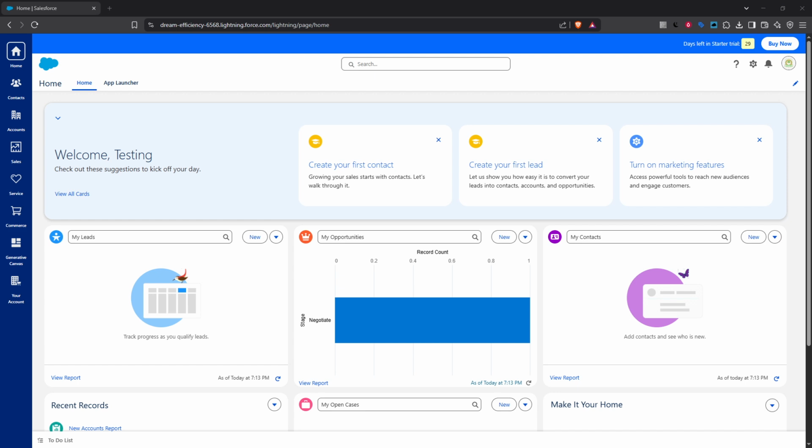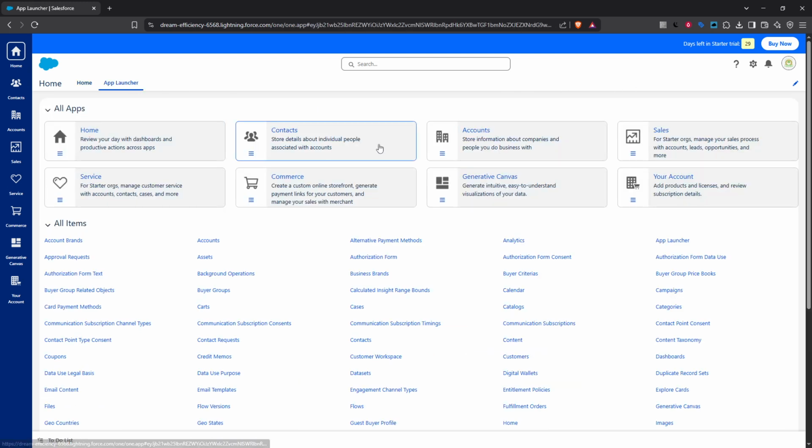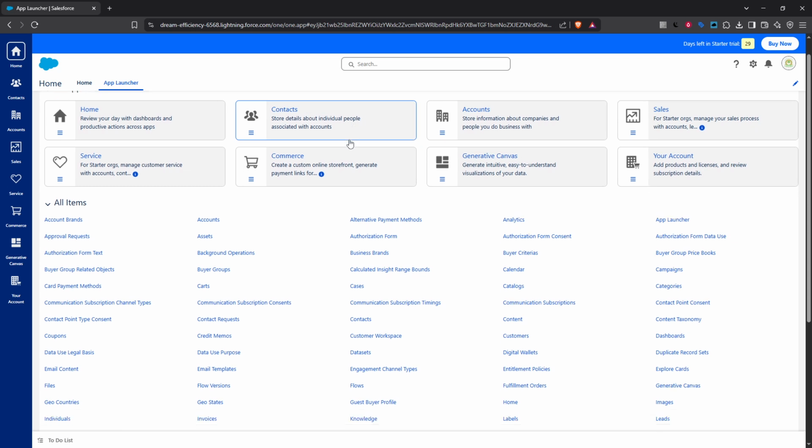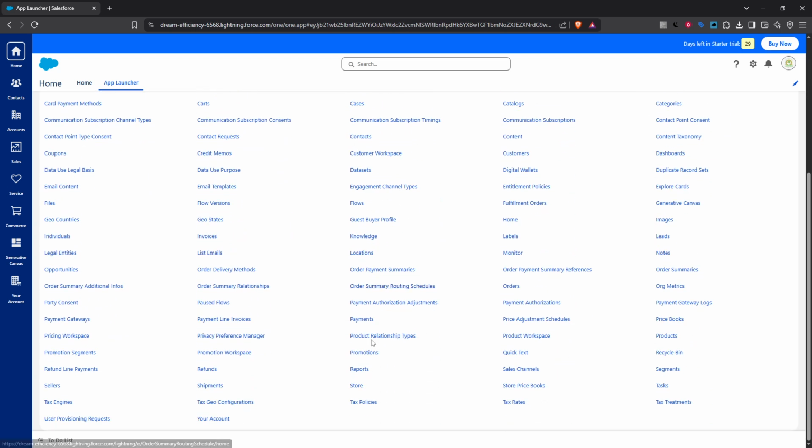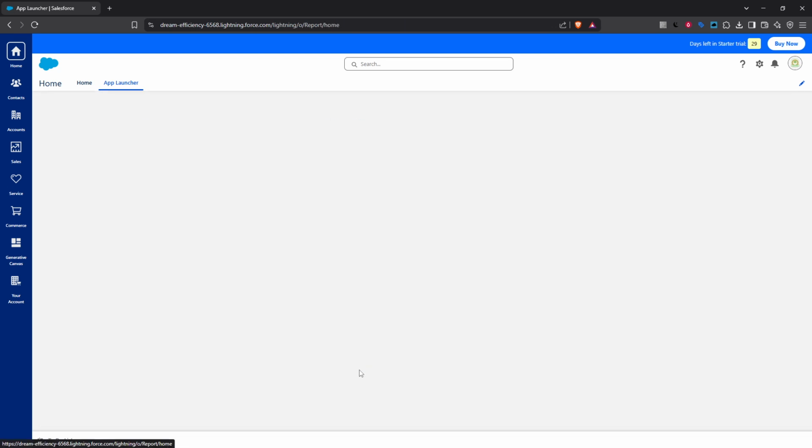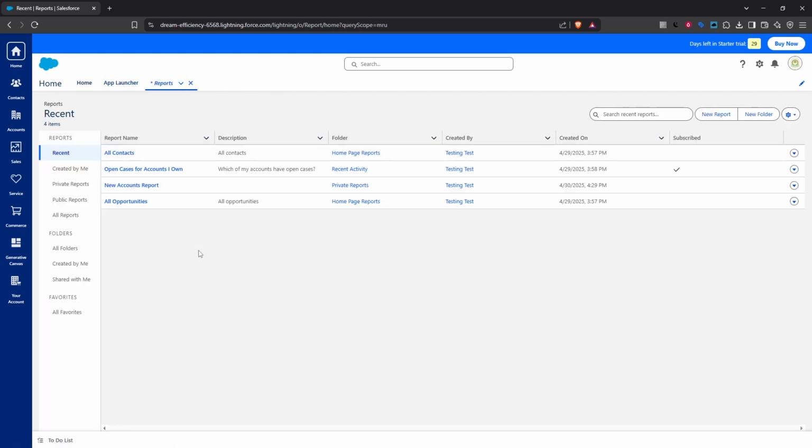The first method we'll explore is exporting using reports. Start off by opening your Salesforce and click on the app launcher icon, which you'll find at the top left corner. In the search bar, type reports and select it when it appears. Once you have the reports page open, you can either select an existing report or run a new one that